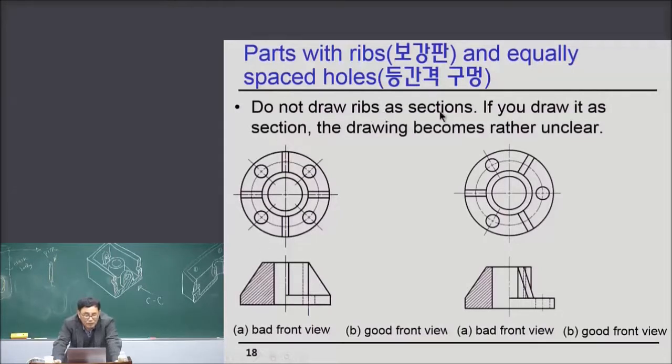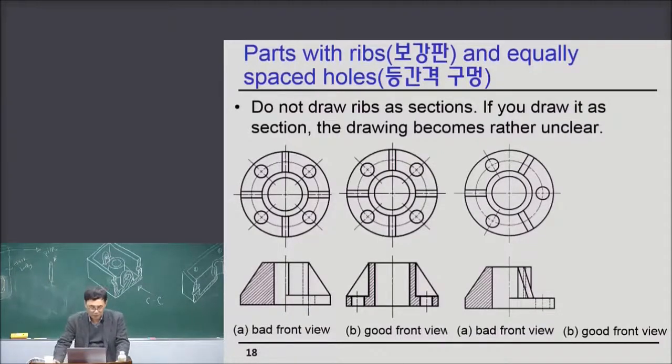do not draw the rib as sections. It may make you confused. If you draw it as a section here, the drawing becomes rather unclear. Okay? So what is the solution? Look at it. Compare between this. The rib, do not draw the ribs as a section. Since it is symmetric, you don't need to take the symmetric section view, just a full section view